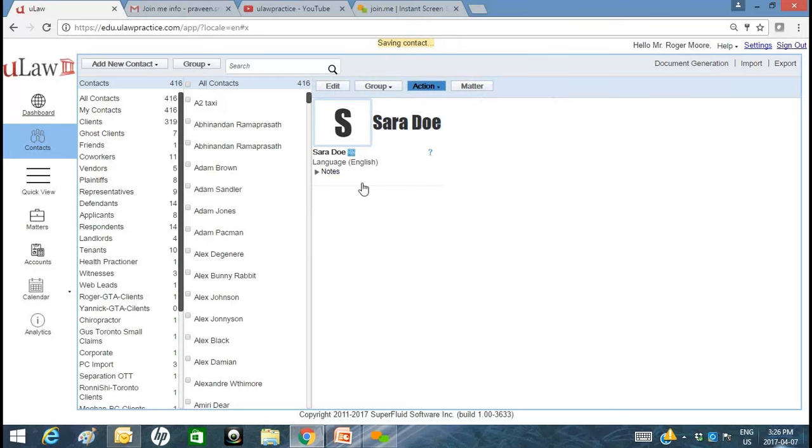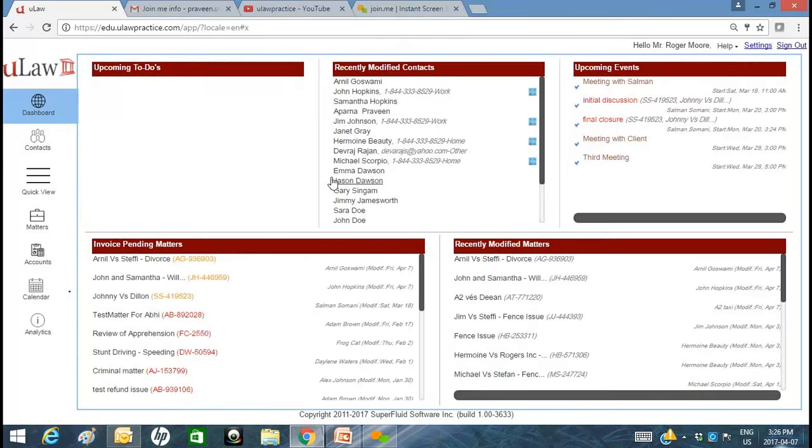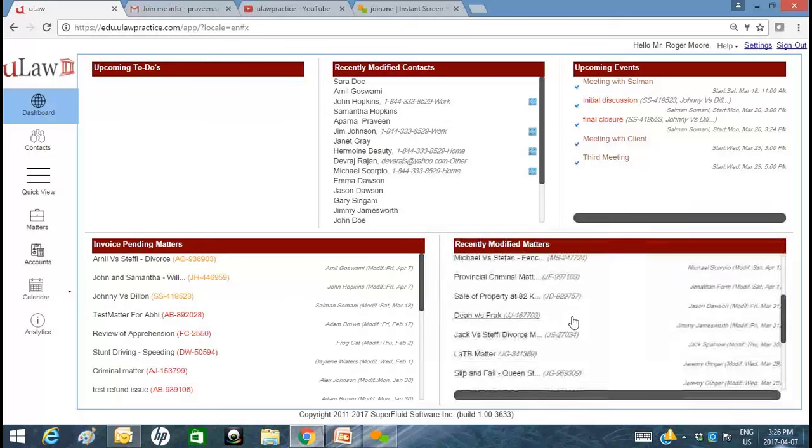So that's with most recent modified contacts, and it's one of those little things, but it's often overlooked. Recently modified matters. Many of our clients use this on a day-to-day basis simply because they're not aware, especially if it's a collaborative effort, if it's between multiple colleagues in a firm. You probably want to understand what were the most recent matters that we worked on so that we can get